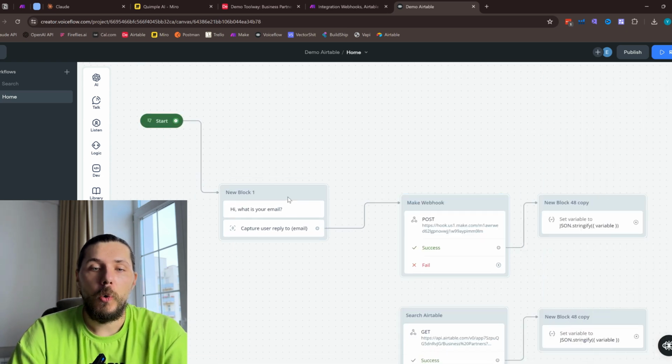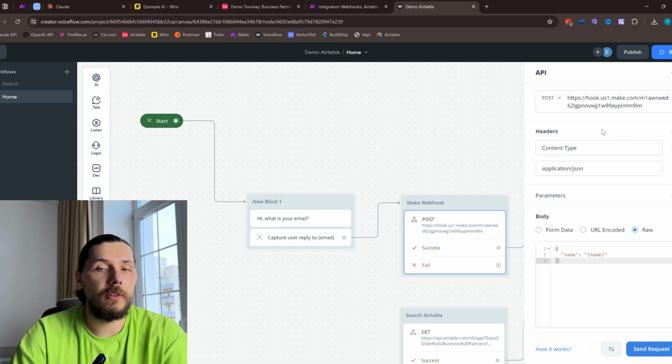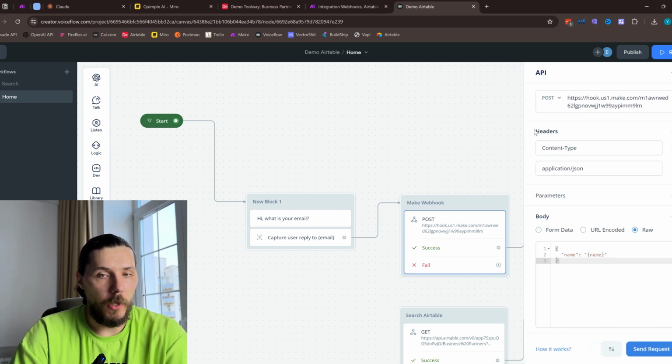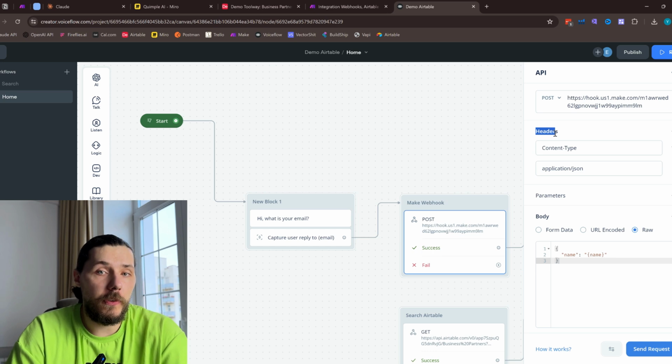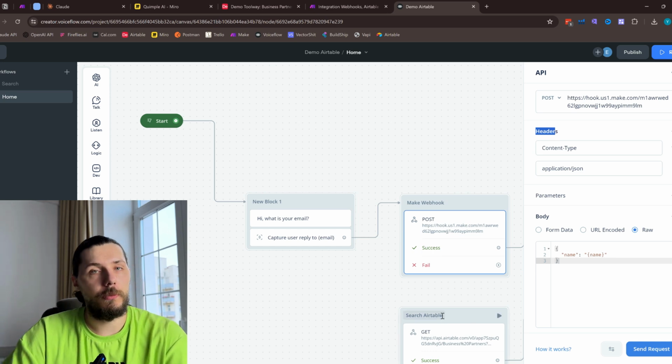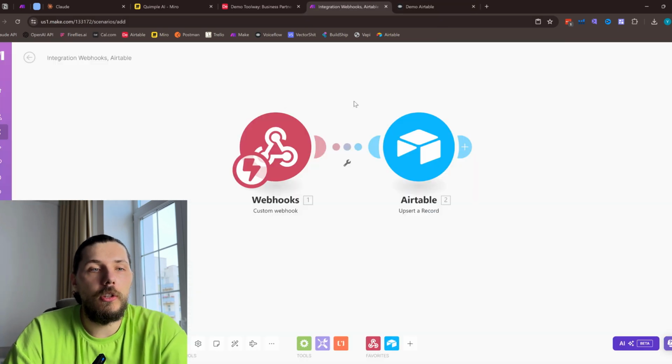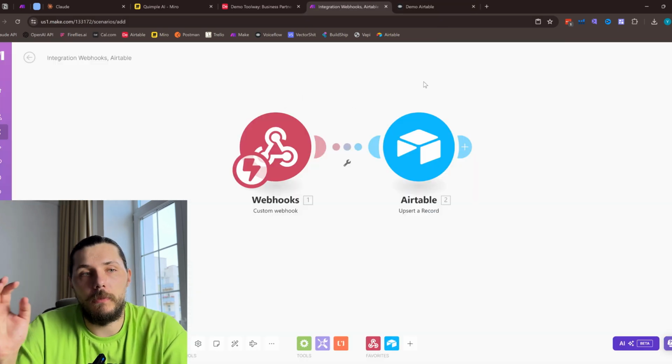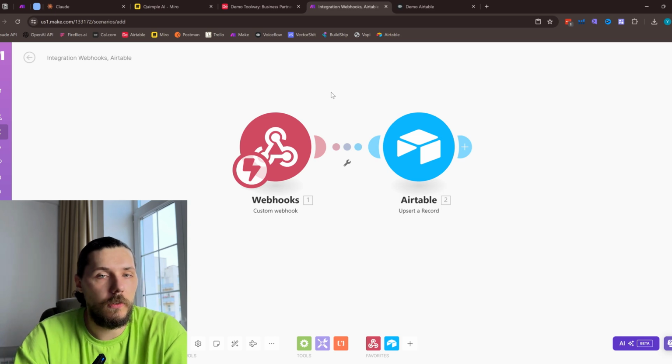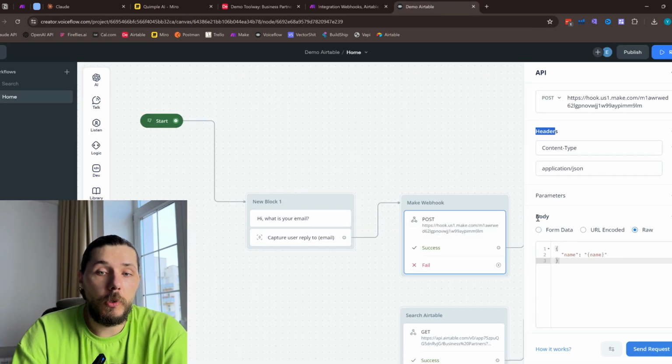Then we will call this webhook. Now, we put the headers. We don't need any authorization. When we discuss the Airtable, obviously you will need to provide your API key, but you don't need to provide any API key in Make in this specific scenario, since this is just the webhook. But what you need to provide is the header type and the body. In the body, you choose raw, and this is like the JSON. So like what information you pass